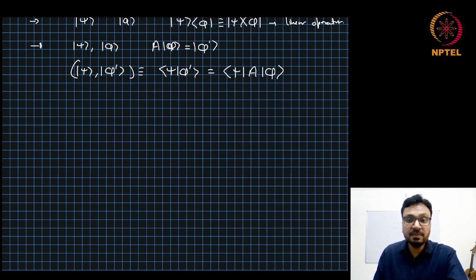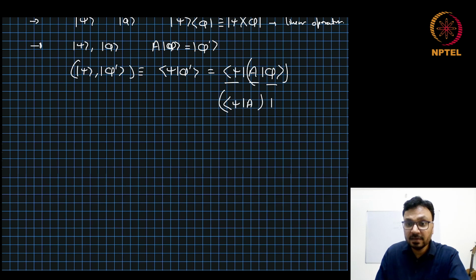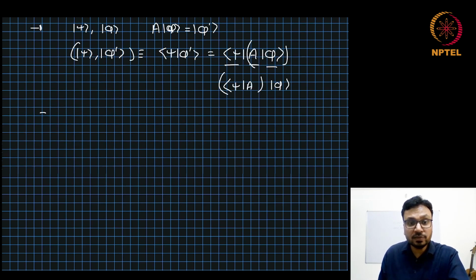And this is basically a product of three matrices, 1, 2, and 3. It doesn't matter in what order we multiply, as long as we keep this order. So whether we multiply it this way or this way, it does not matter. So we can also write it as psi prime and phi,